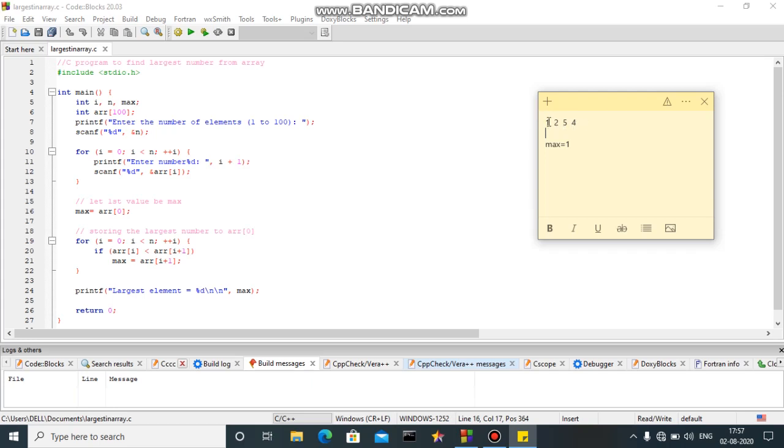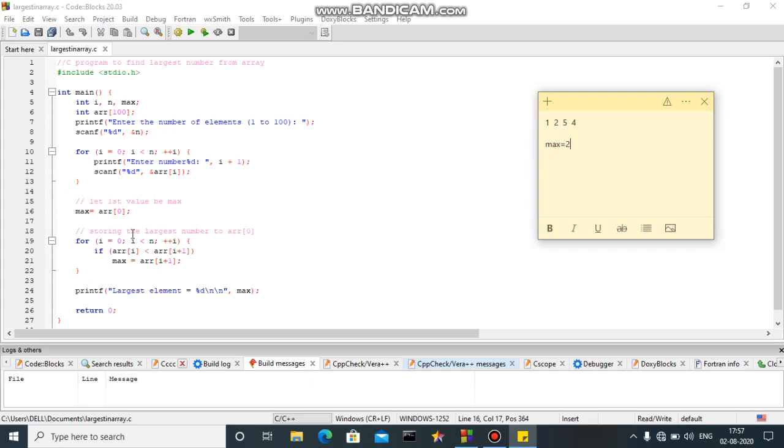Now let's check if 1 is less than 2, then assign max equal to array of i plus 1. Therefore here 1 is less than 2, the condition is true. Therefore we will assign max as array of i plus 1, that is 2. As of now the value of max is 2.